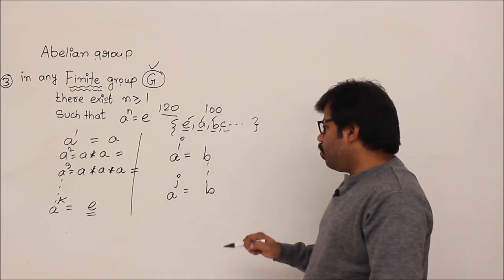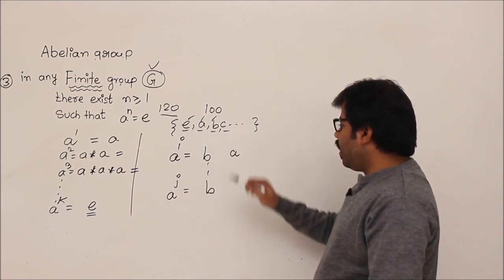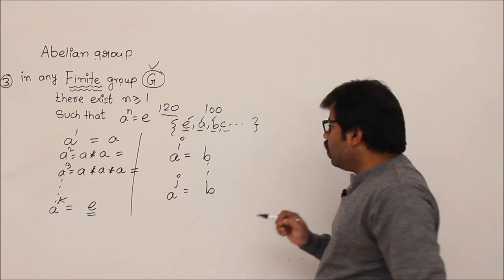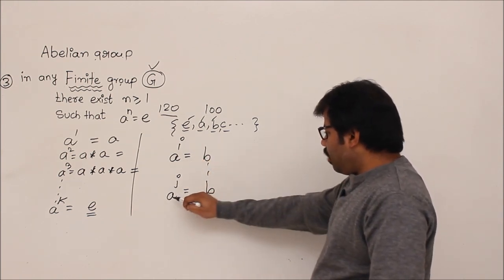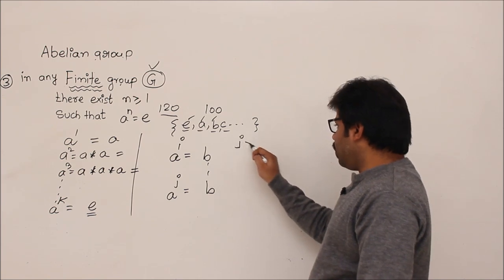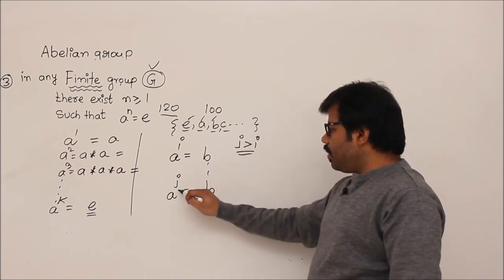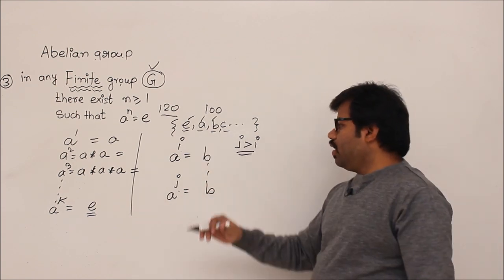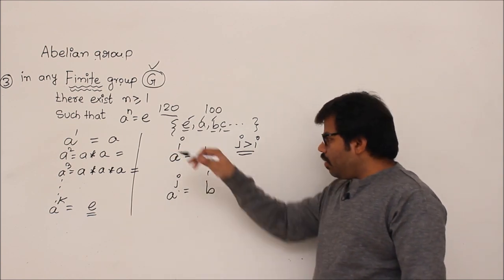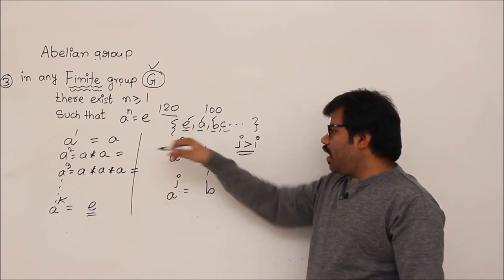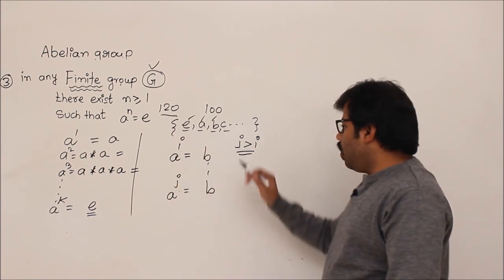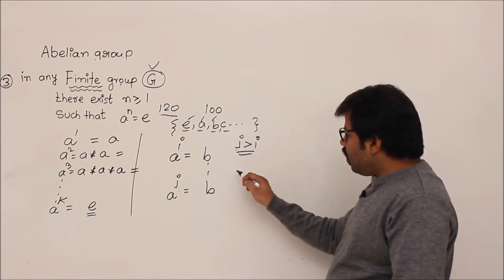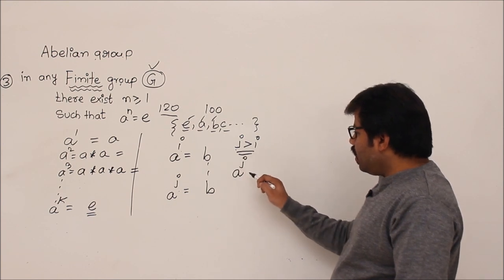Now if A power i equal to B and A power j equal to B, then let us apply A power j minus i. I will tell you what A power j minus i is. Here A power j is B, A power i is B, where j is greater than i. That means it's a bigger number than this one, because out of these two, one will be bigger, correct? They cannot be equal. If they are equal, then I don't take them. So I am taking two different powers so that A power i equal to B and A power j equal to B, and for simplicity j greater than i.